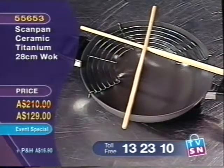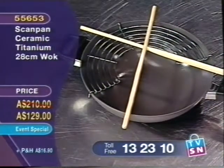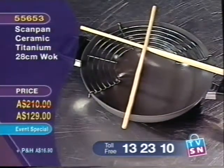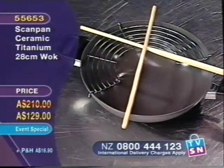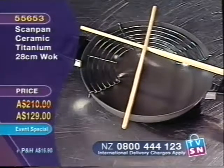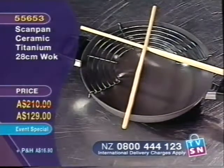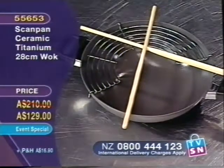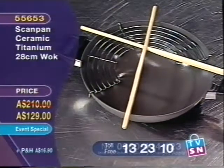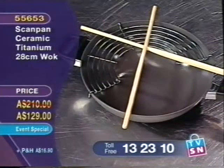Now, again, look at the prices because they are sensational. $210 is the normal retail price of this wok. We have an event special price on this one, which means the price lasts 24 hours only, and then it reverts back to its normal TVSN price of $210. So you've got to call in now to make those savings, and the savings are fabulous. It is a saving of $81 off the normal TVSN price, down to $129 today for that 28 centimetre wok, and the item number is